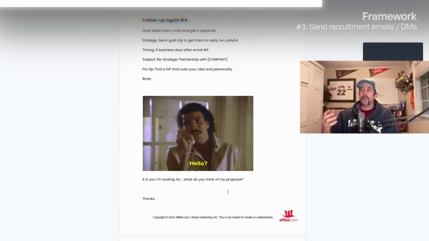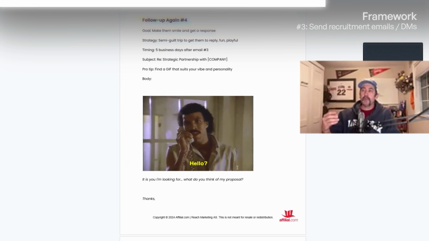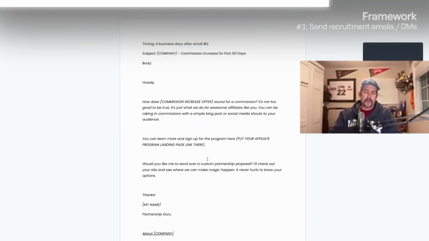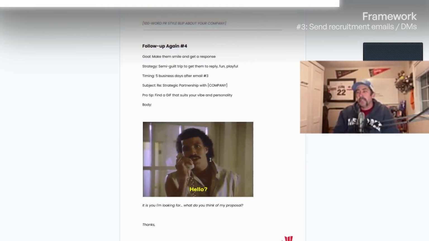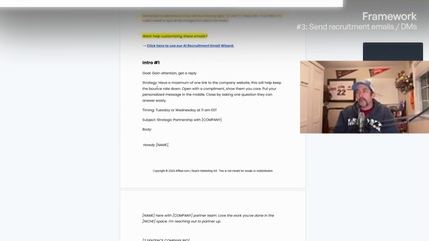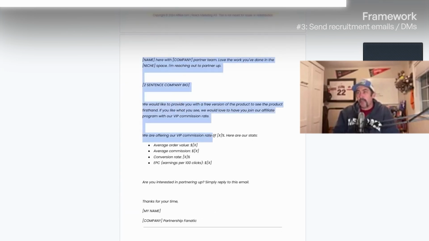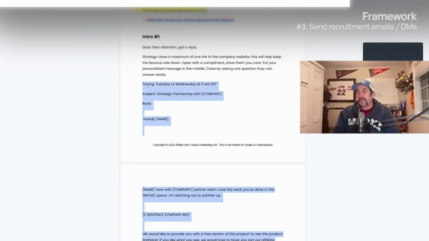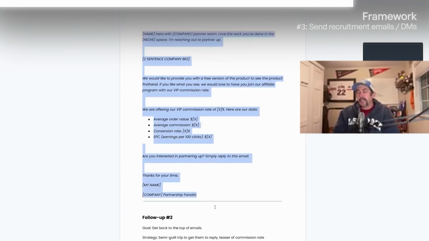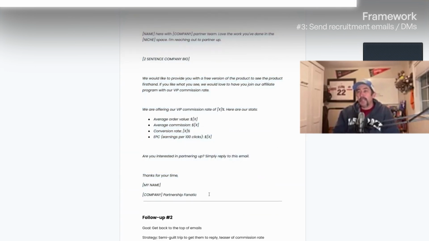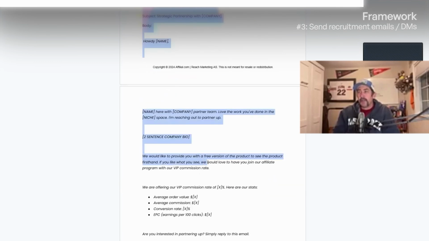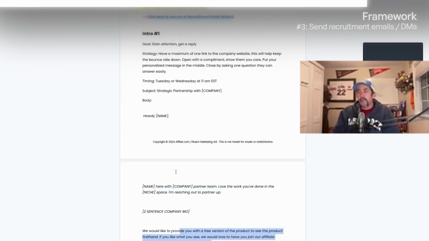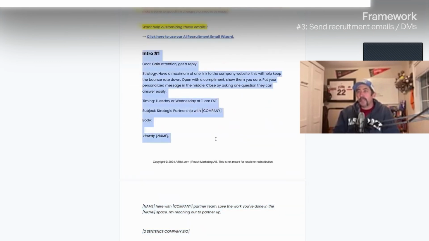So every one of these emails, though, is going to be a little bit different, and you're going to have to figure out when you are doing this outreach, and that first email specifically is going to be the one that you cater directly towards talking to that person that you're reaching out to. And don't make it too long. Some of these can be a little long. I like to keep my first email pretty short and get to the point, like, hey, what does it take to work with you?